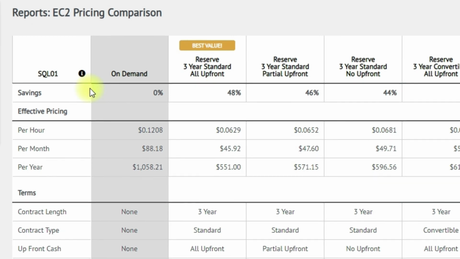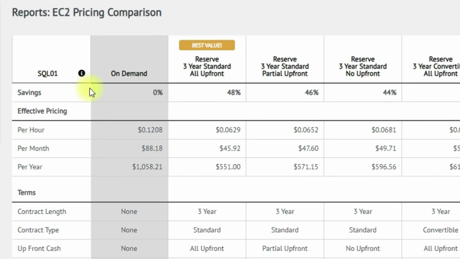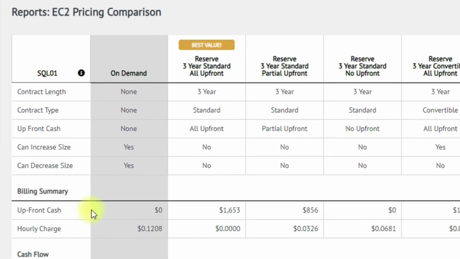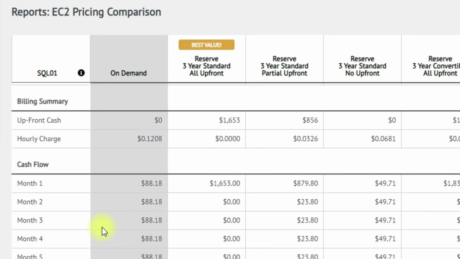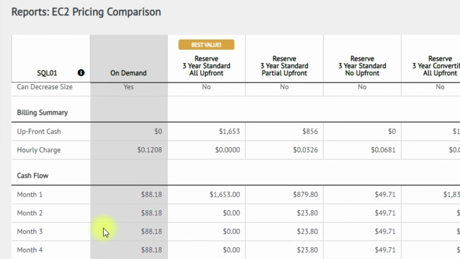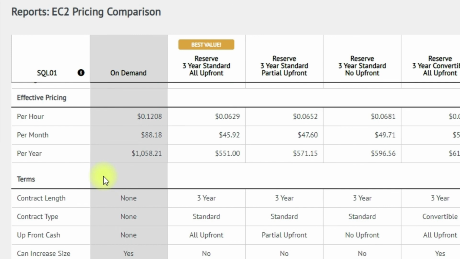So along the left-hand side, we've broken down all the financial and contractual information for both the on-demand pricing as well as each of your selected reserve instance contract pricing. So you'll be able to quickly find out things like effective pricing per hour, per month, per year, the basic contract terms, how much cash is required up front, can you increase or decrease the size of the instance mid-contract, also kind of what the hourly charge is going to be, and a complete detailed cash flow analysis for the next 3 years, so you know exactly what you're signing up for